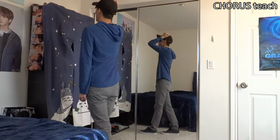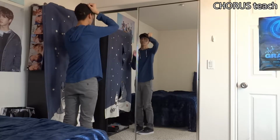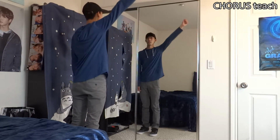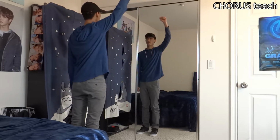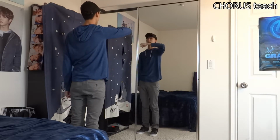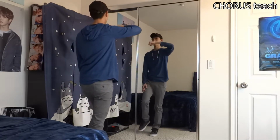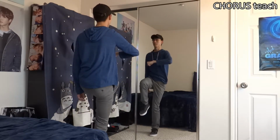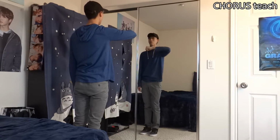Okay. And then on count 6, the left foot is going to step around so they're facing the front again, and the right arm is going to make a big circle around like this. So this is 6, and then on 7, the right forearm is going to be flat like this, and it's going to come down. And as you come down, the left knee is going to raise up. This is 6, 7, and 7, and the left foot starts back down, and the forearm comes back